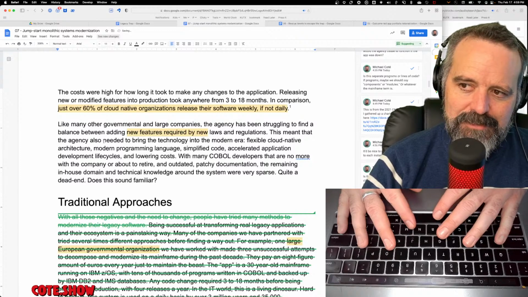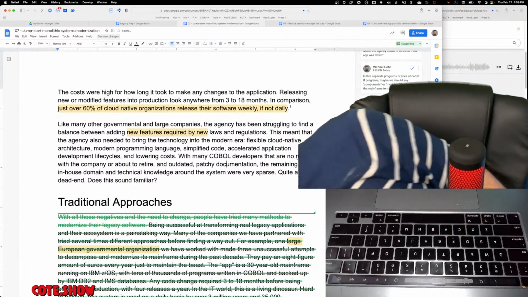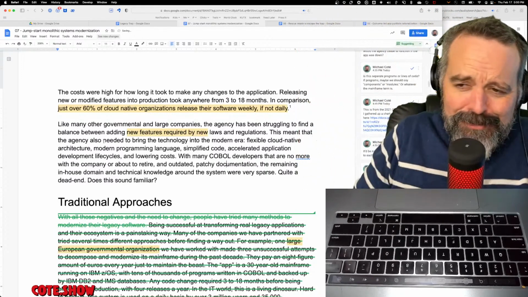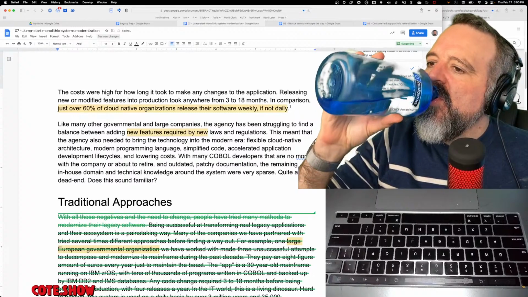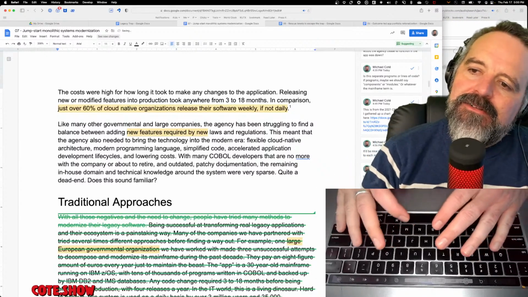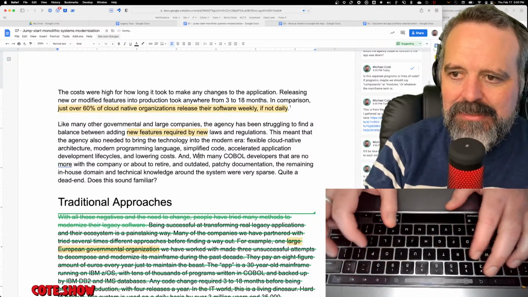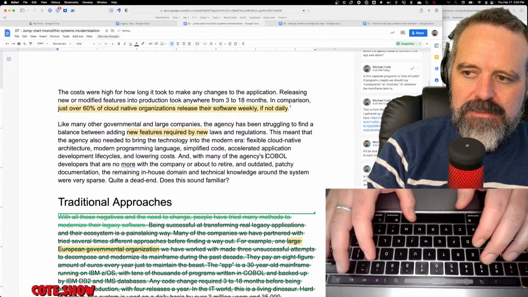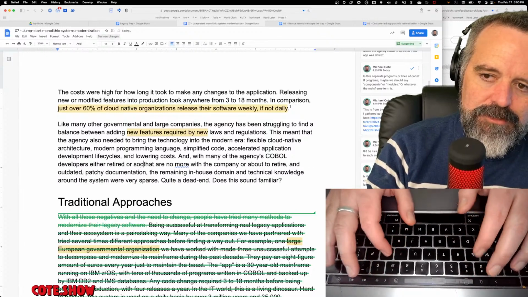So what am I doing here? I'm reading this over and over again, to get the narrative story, the sentence of this paragraph, so to speak, in my head. There we go. This is where you can use an "and" effectively. And with many of the agency's COBOL developers either retired or soon to retire,